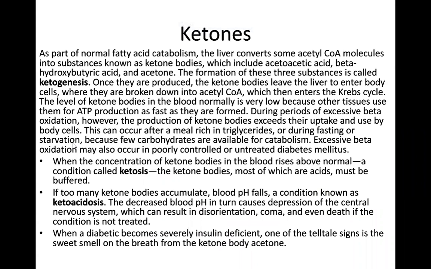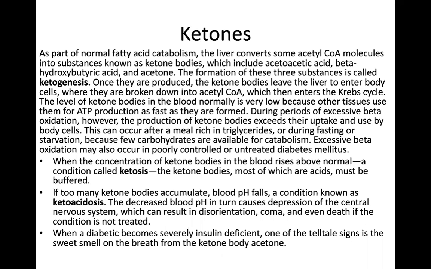Now, as part of normal fatty acid catabolism, as part of normal fatty acid breakdown, our liver converts some acetyl-CoA molecules into substances called ketone bodies. This includes acetoacetic acid, beta-hydroxybutyric acid, and acetone. We call the formation of these 3 substances ketogenesis. Once they're produced, ketone bodies leave our liver, entering our body cells where they're broken down into acetyl-CoA to enter